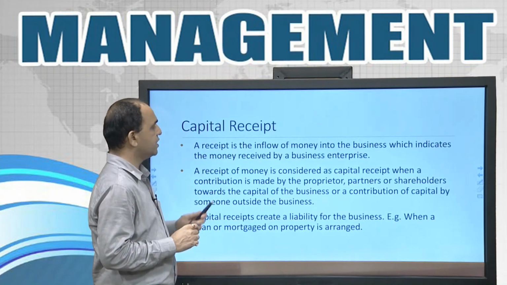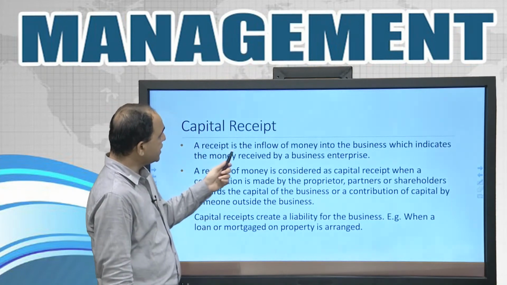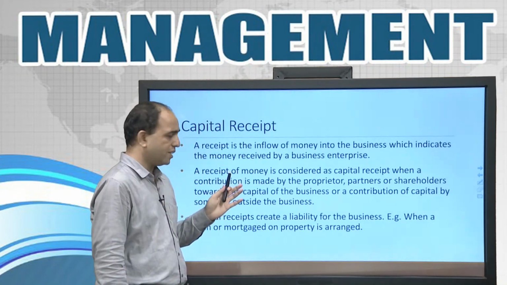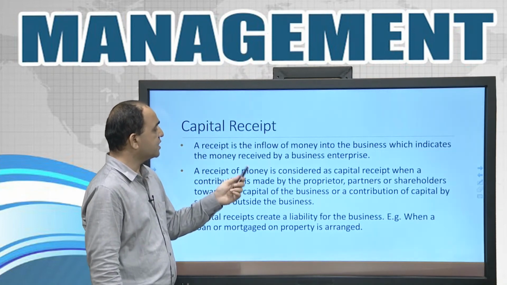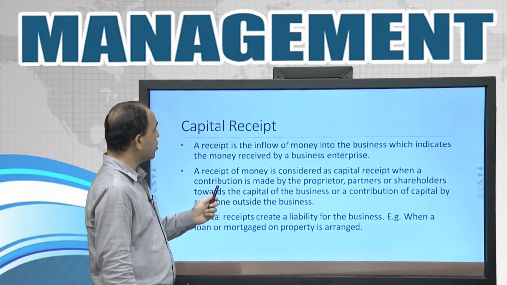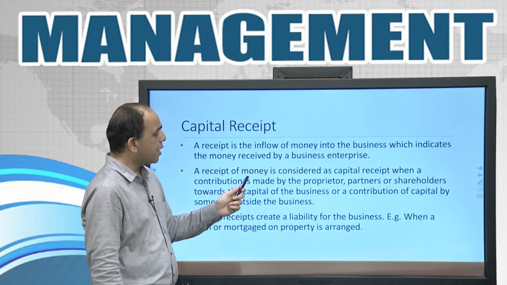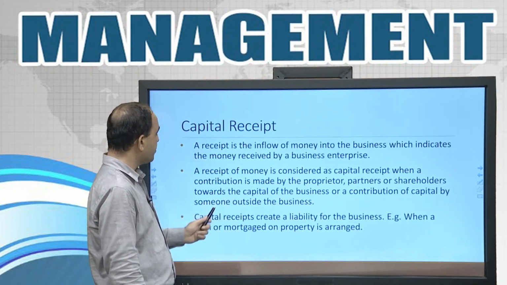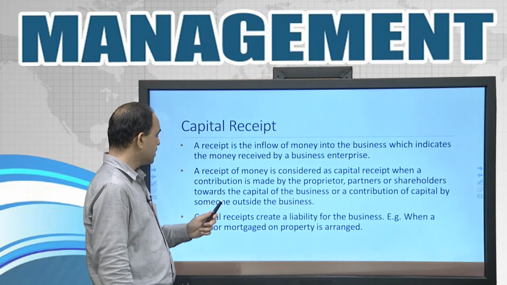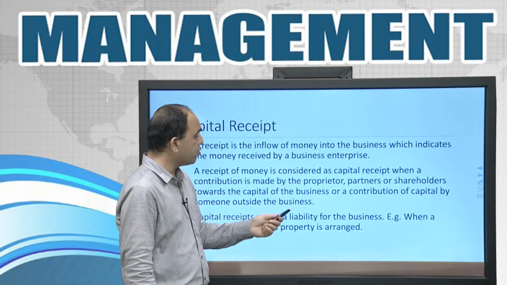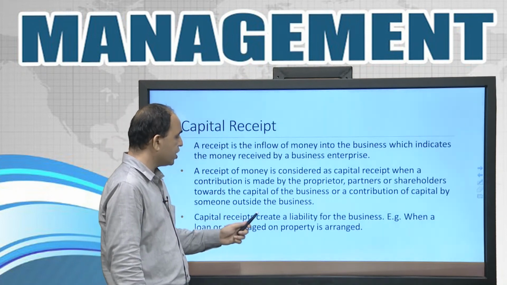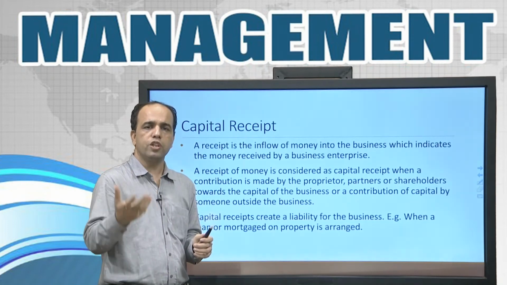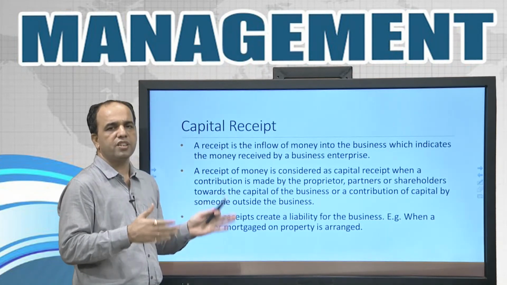Now friends, capital receipt. A receipt is the inflow of money into the business, which indicates the money received by a business enterprise. A receipt of money is considered a capital receipt when a contribution is made by the proprietor, partners or shareholders towards the capital of the business, or a contribution of capital by someone outside the business. Capital receipts create a liability for the business, for example, when a loan or mortgage on a property is arranged. Friends, capital receipt means when we take a loan or issue debentures,